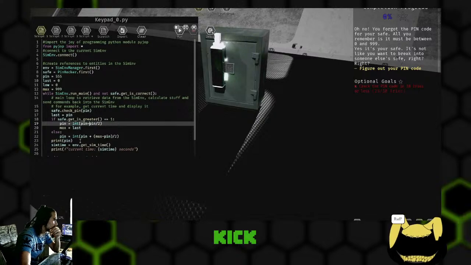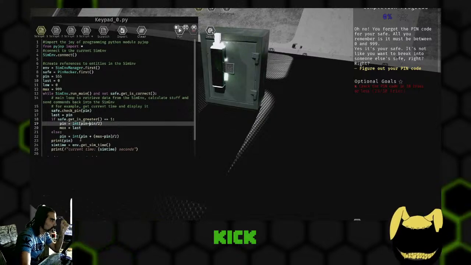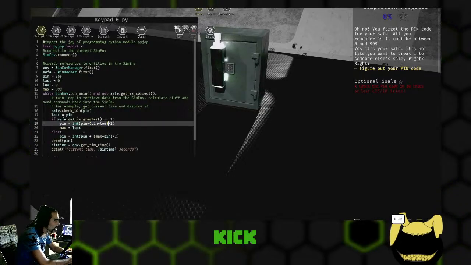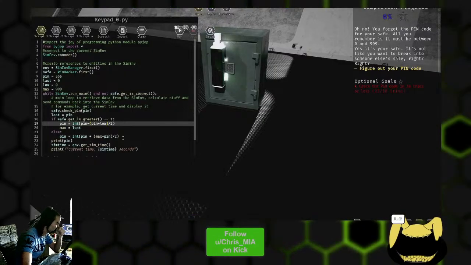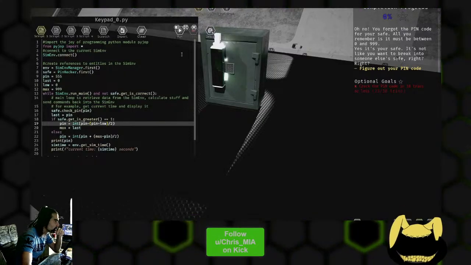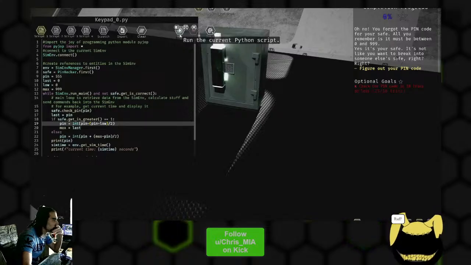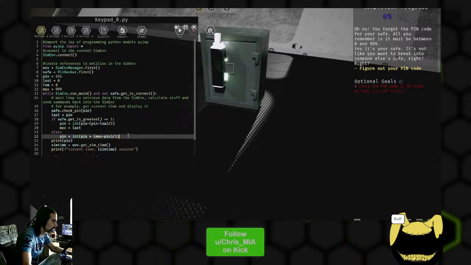Yeah, the difference of, and then divide that by 2. So pin minus low, just like that. So that way we don't cut it directly in half, but then I have to make sure